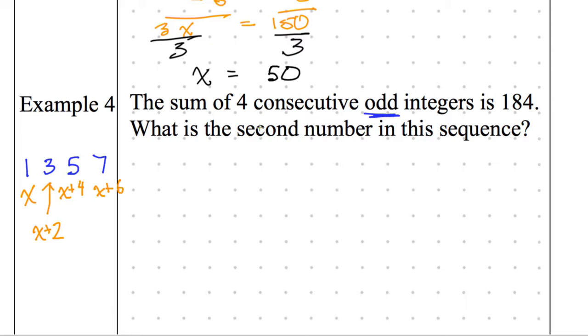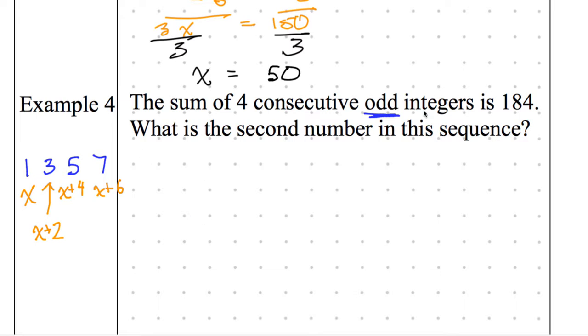So even though it's still odd, you don't really have to change anything. You're still adding 2, then 4, then 6. So that's how you should be setting up the problem. So you might need to go back and erase, and that's fine, because that's how we learn. Just know that even if it says odd, you're still going to be adding on 2, then 4, then 6, and then 8 if you have 5. All right, and then we'll come back.